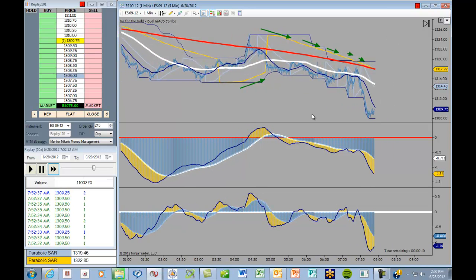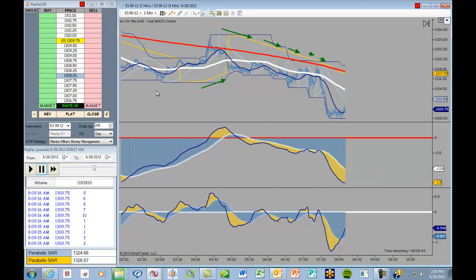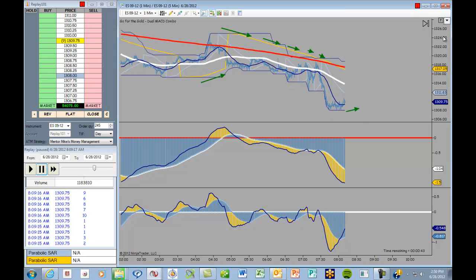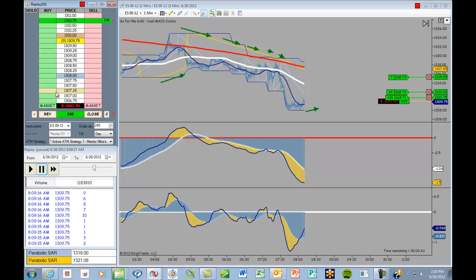Now it could be argued that we have a divergent situation here based on this low and that low, and the situation with our longer term MACD showing a divergence. Yeah, we can give it a try. We've got this crossover here. Let's take a shot. We only have to get 3 ticks for that first target. We're peeling off something like 198 contracts. So the first target can be pretty substantial all by itself. Let's see. Let's get long and